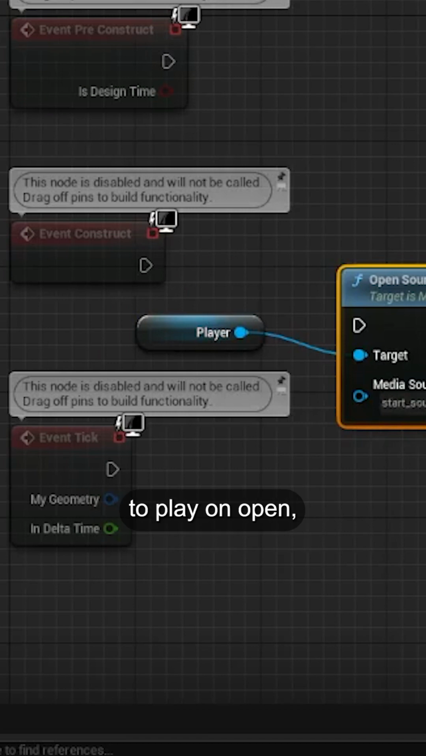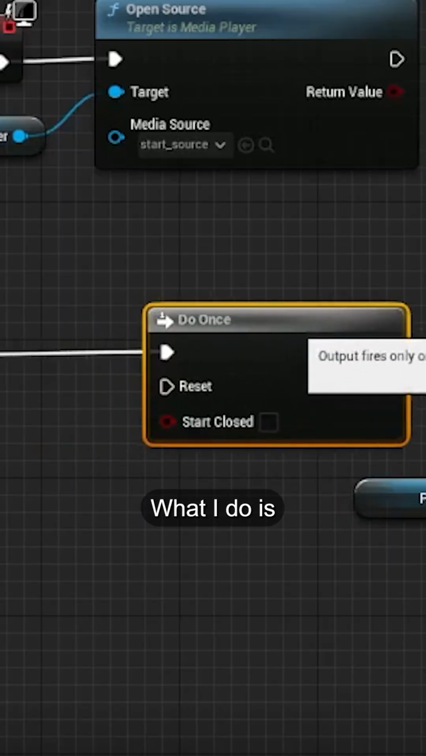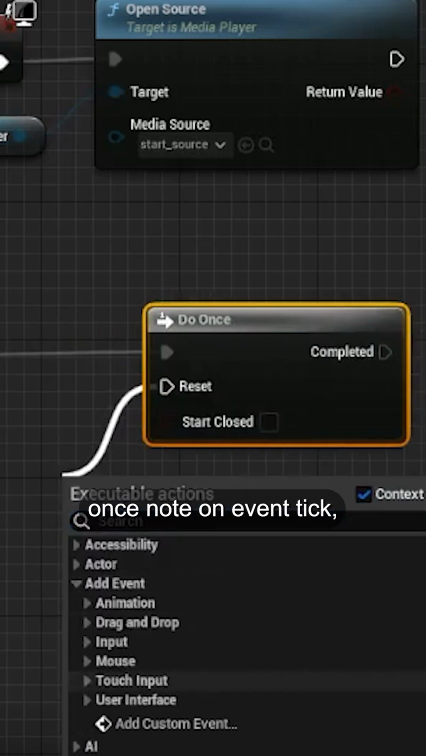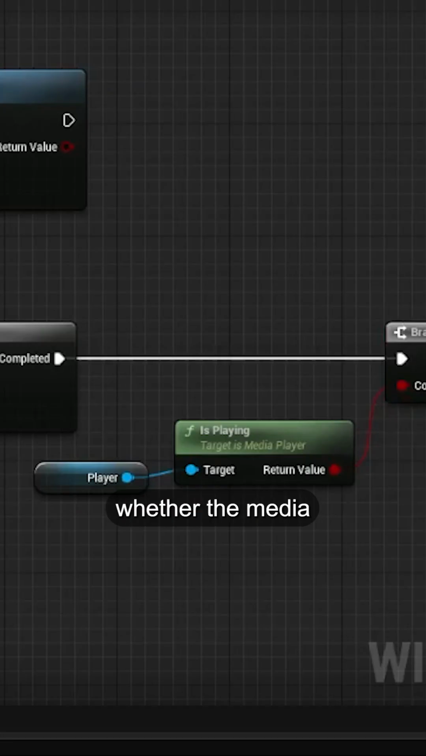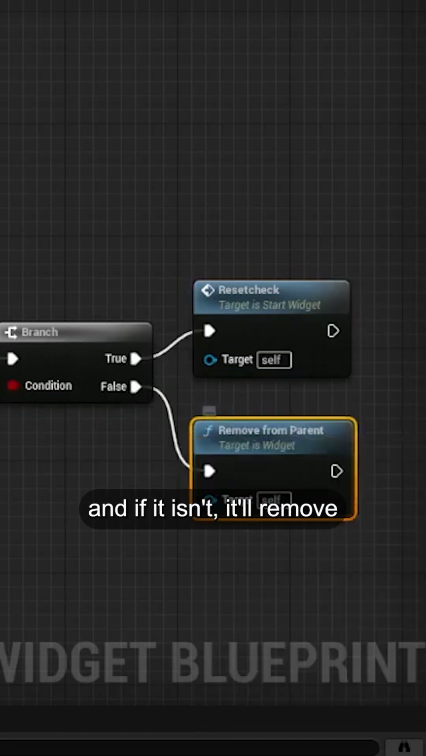Because we set it to Play on Open, it'll automatically play when the widget is created and added to the viewport. What I do is create a do once node on the event tick that starts closed, that will check whether the media player is playing. If it is, it'll reset the do once node to keep on checking, and if it isn't, it'll remove the